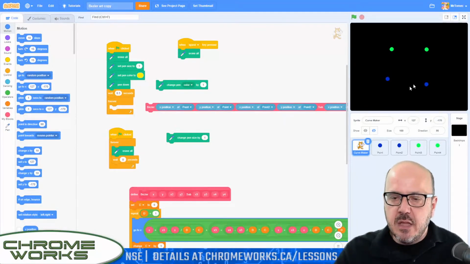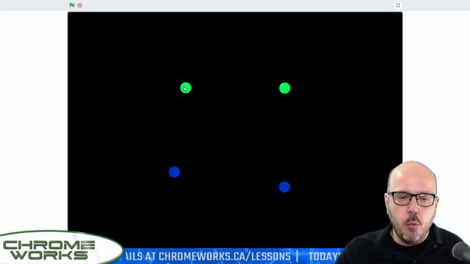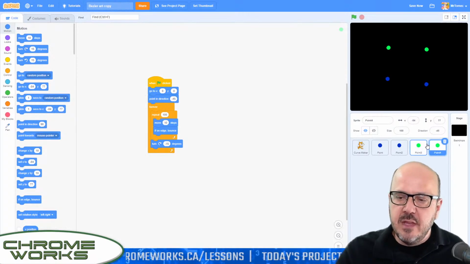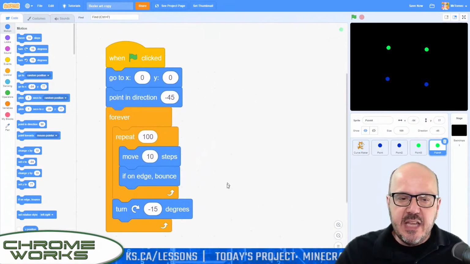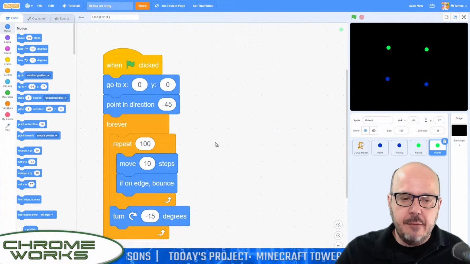So this is basically the same code. I've added a black background here for artistic purposes. And we've got our 4 dots here. And what I've done, as I showed you before, these dots were empty, but I've actually gone ahead and animated them. So inside each one of them, I have them start in the middle, then every one of them is pointing off in a different direction